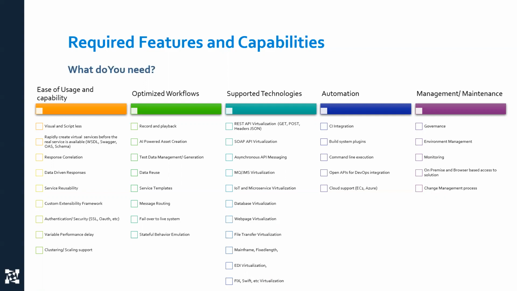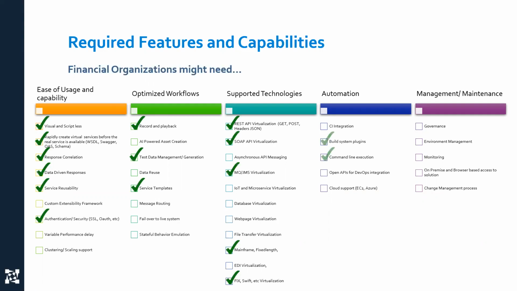And then the last column, which I think is some of the most important pieces, is the governance, the management, the maintenance. Being able to have a scalable solution that isn't going to overburden the team that has been designated with doing this, or an individual that's doing it. And so there's some key pieces that you'll need in this. But the question you need to ask yourself is, what do you need from this list? Because it's different for different organizations.